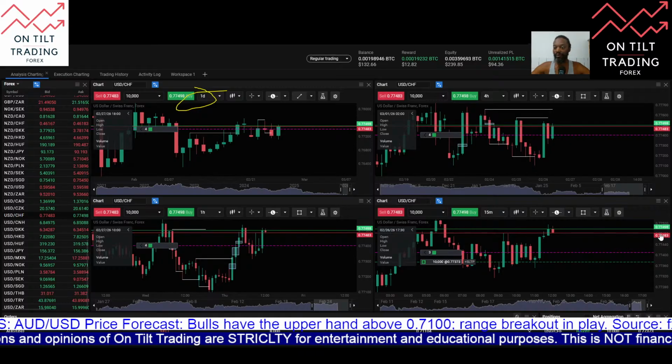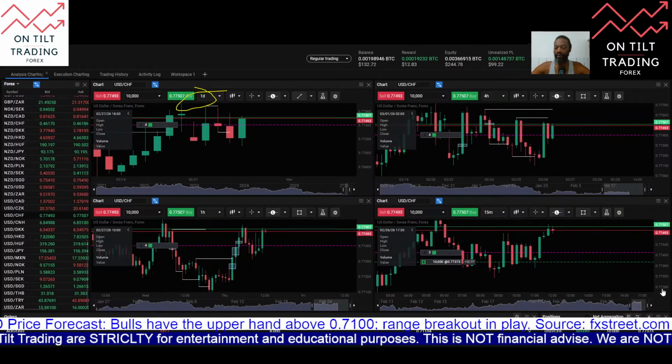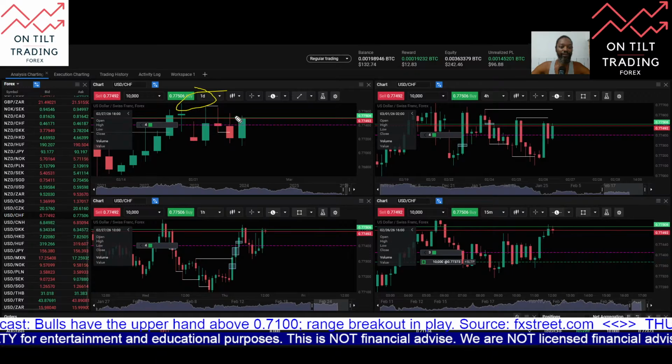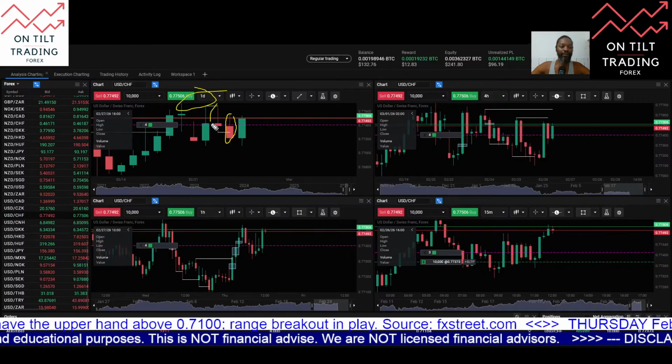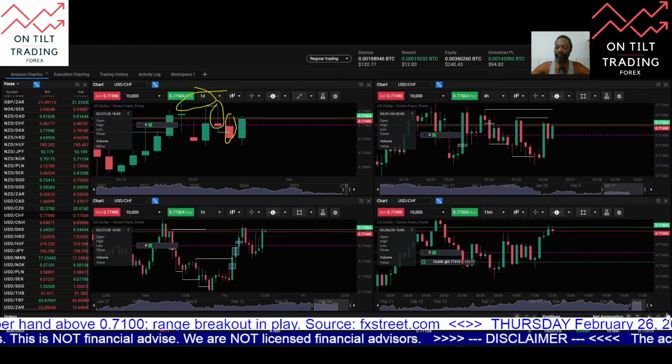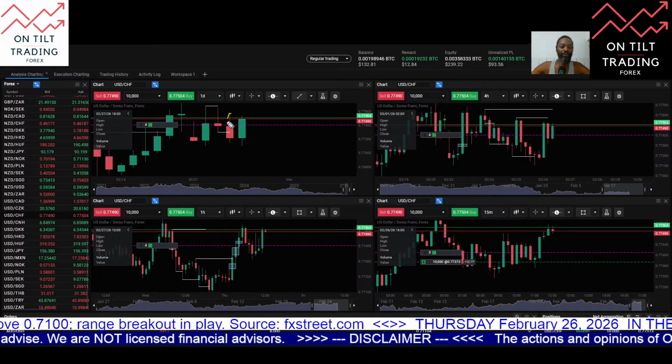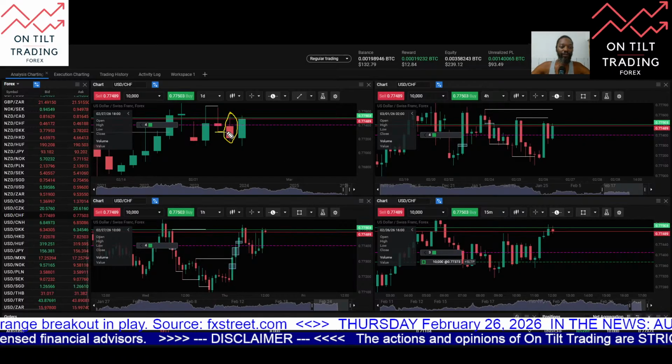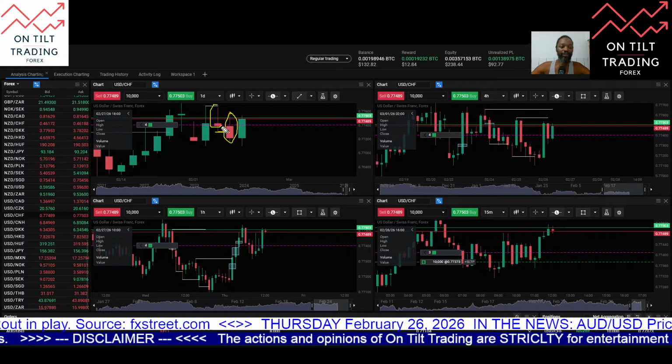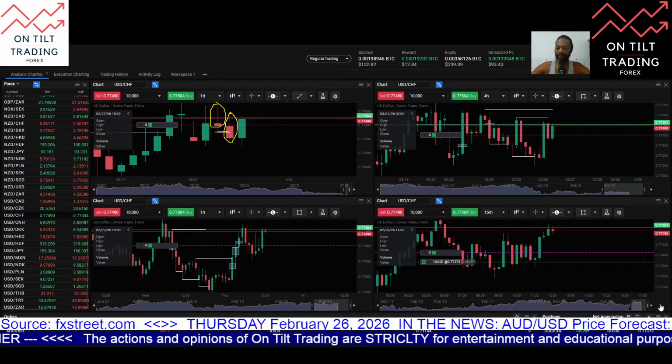dollar Swiss. This is yesterday's candle. This is day before yesterday's candle. And yesterday's candle closes with the body candle close below day before yesterday's candle, which would initially give me a